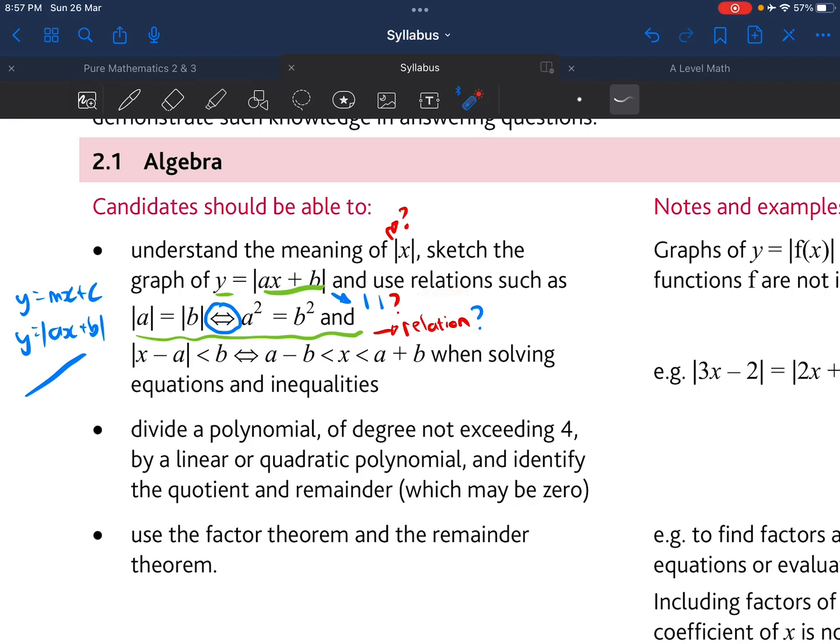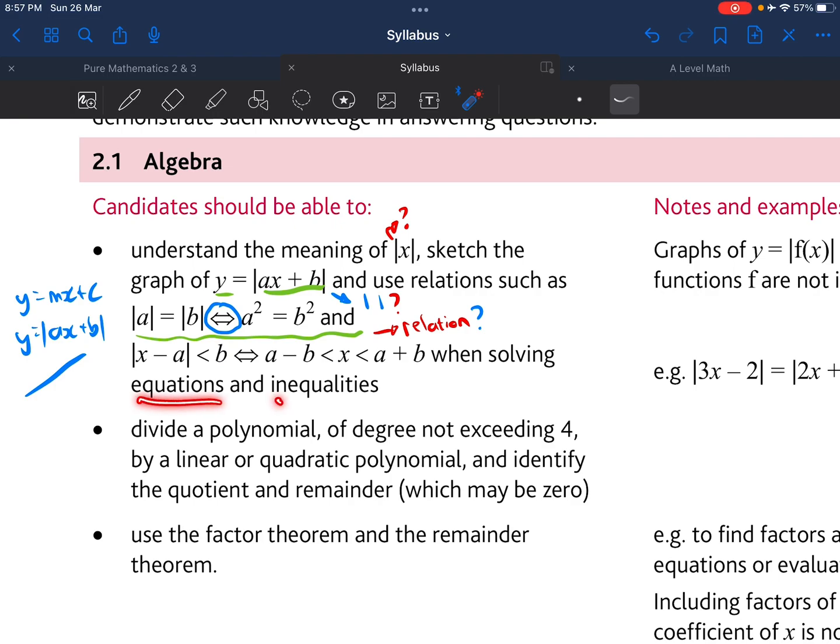So currently there's a lot of things here. If you've never seen any of these words, you might see a few of them. But for now, just read through this, okay? And now that I know what this is going to be about, it's going to be something about these two lines. It's going to be a graph, something about relations, and here's another possible relation when solving equations and